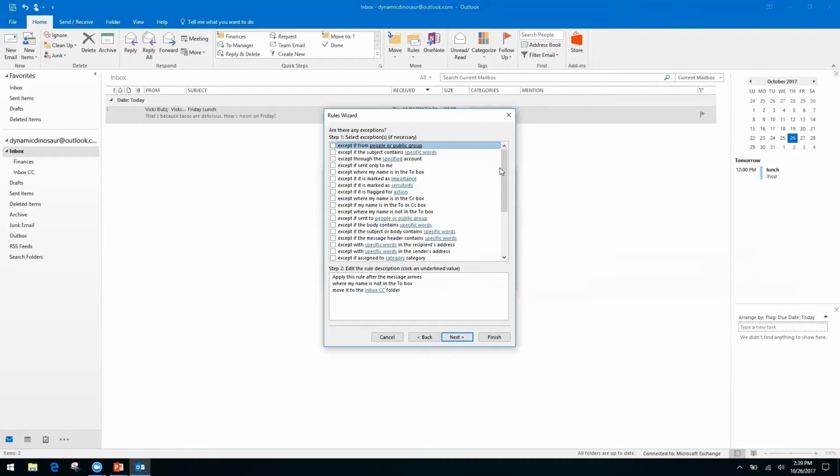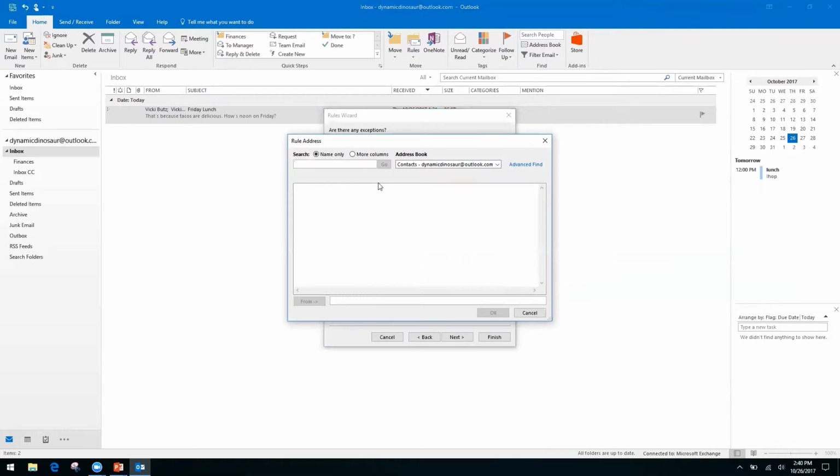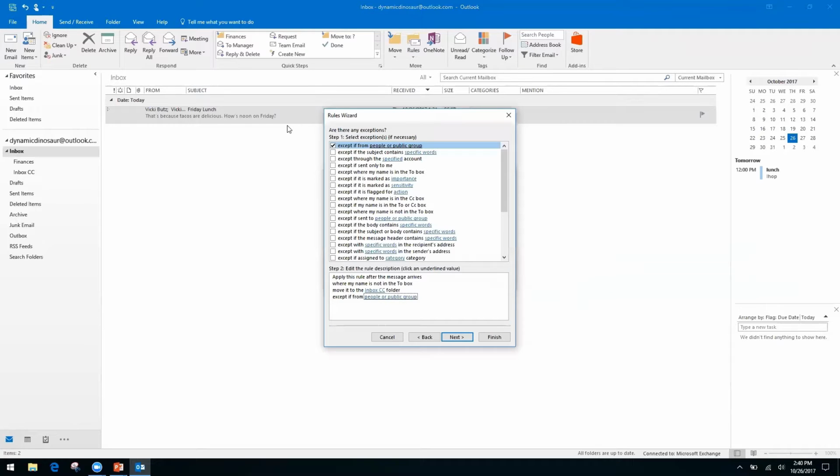Or if you want to make exceptions, let's say there's somebody specific on your team that CCs you on a lot of things, but it is things that you want to see. You can select this box up at the top, come down here and click on that blue link again. You can specify specific people. You can pick them from your address book if you choose. All right, but we are going to just go on